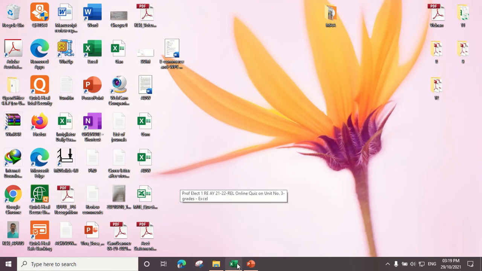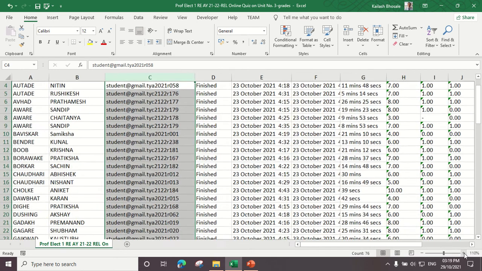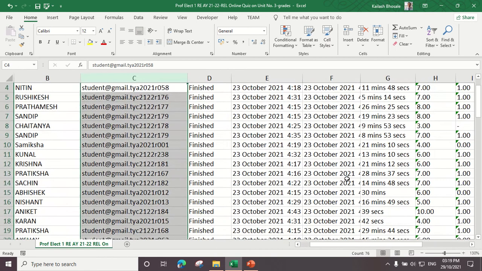In this video we'll study about the sorting tool and VLOOKUP command. Suppose that this is the data we have taken from the LMS. In this data we get the roll numbers and the marks of the students, but directly this is not the finished data, and whatever data is available is in a random manner.